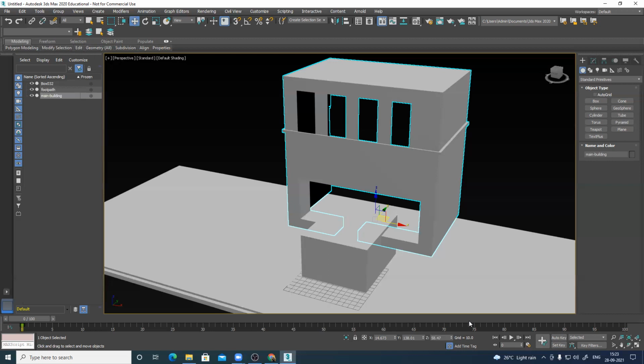Let's see. It's here. Material ID is fine. UV slot also one. Correct.